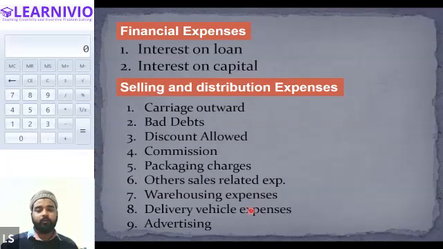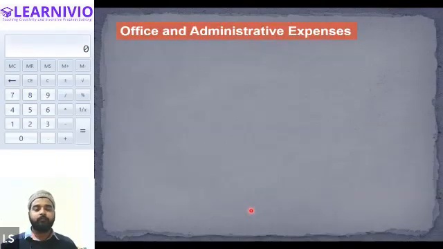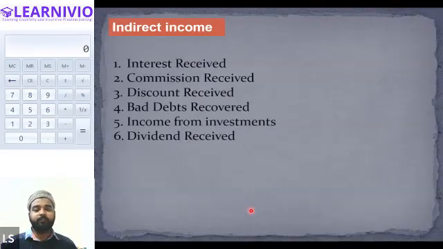All right. So basically, indirect expenses are considered as the non-operating expenses. You can say that these expenses are not directly related with the production. So anything which is not directly related with the production will be considered as the indirect expense. Similarly, if any income that a business is receiving is not directly connected with the main operations of the business, then in that case, those incomes will also be treated as the indirect incomes only.